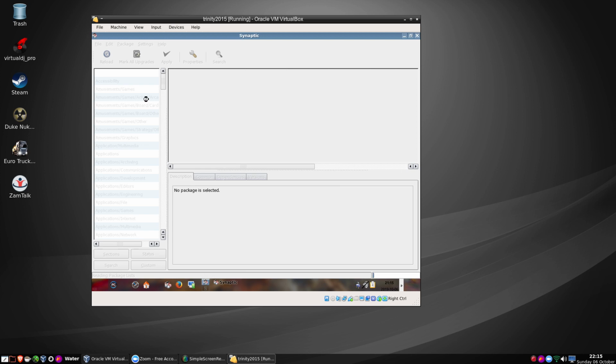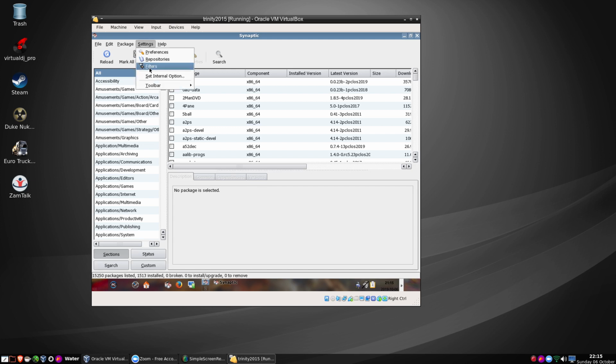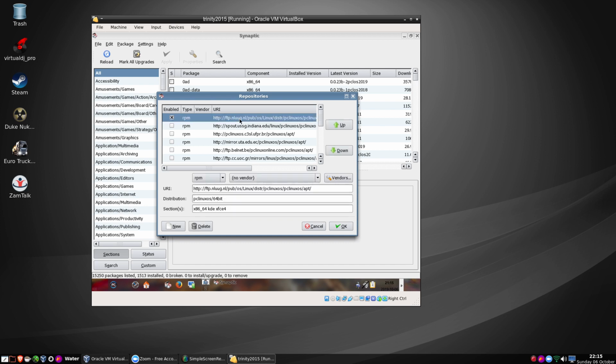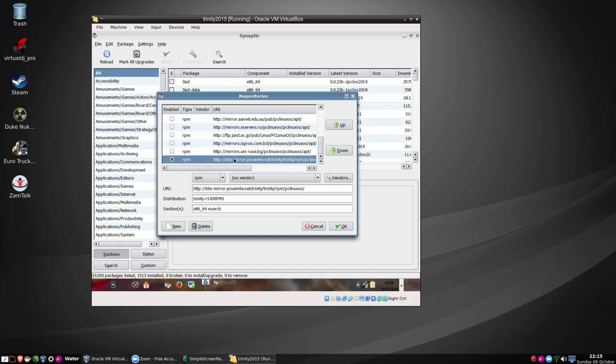I'm sure if I go into repositories, and let's see what the KDE in XFCE4. The only other one I can't find is the mirror for, oh there it is, the TDE mirror. Okay,